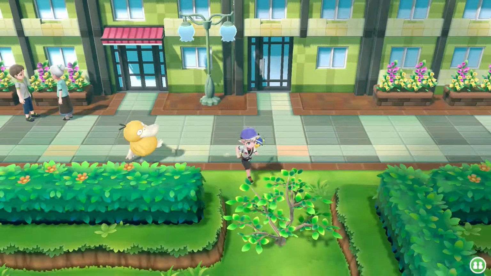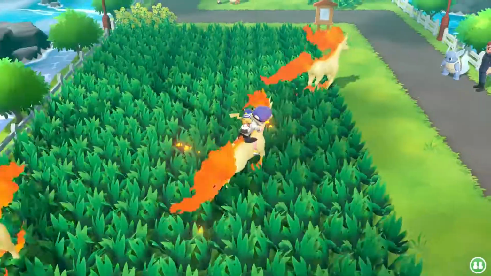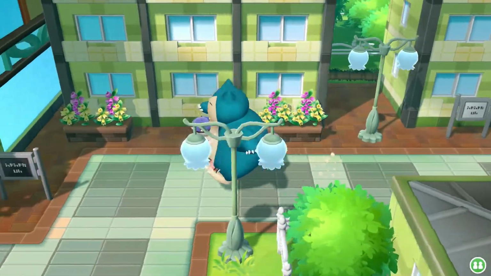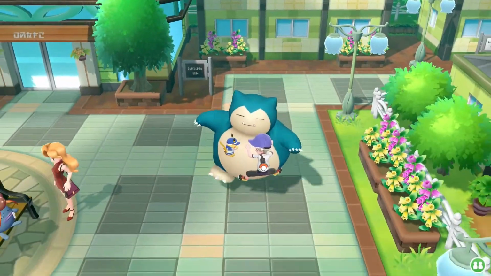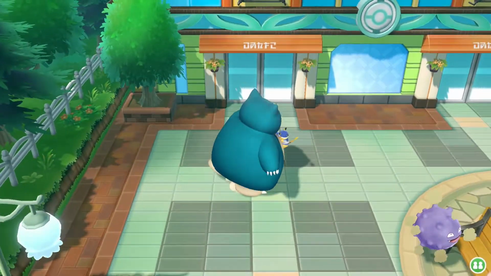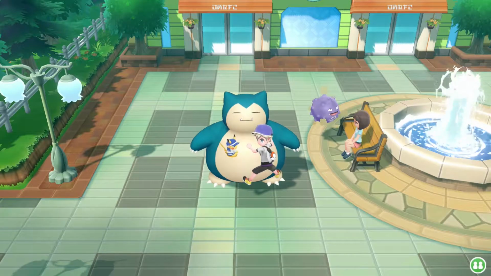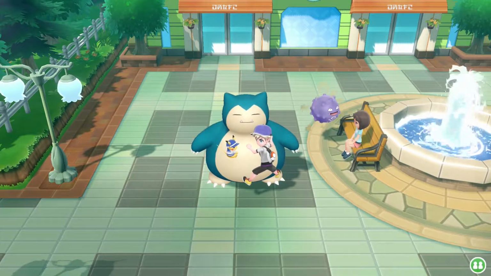Even cooler is riding on the Pokemon that are capable of it. Flying around on Charizard, riding Rapidash, and clinging to Snorlax for dear life. Look, if you don't find this charming, I have serious doubts about you as a human being. But not all is nice and peachy in the world of Let's Go. That's going to take us right into...